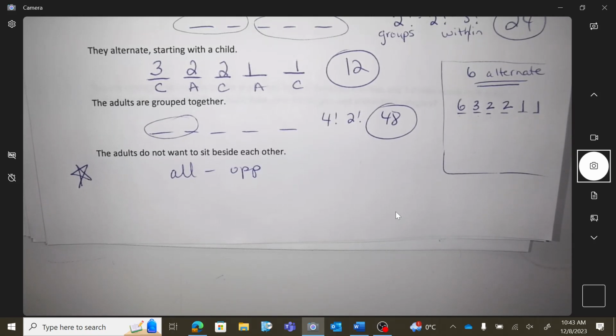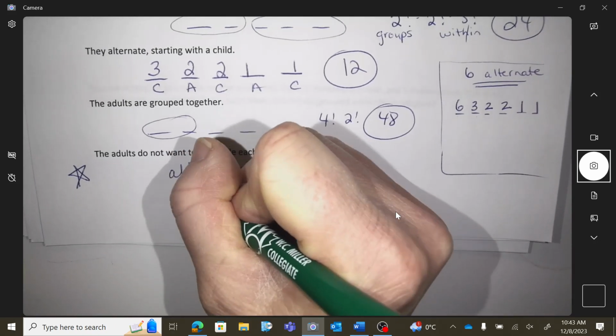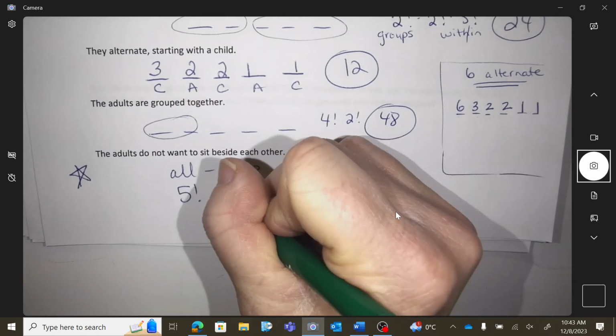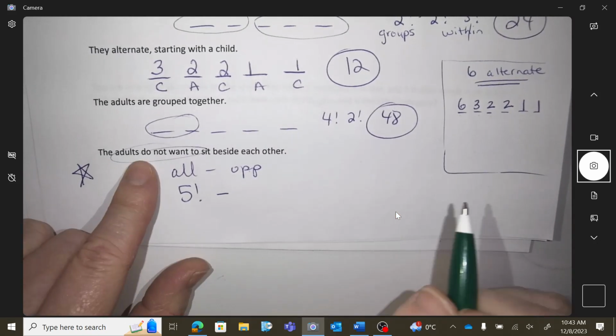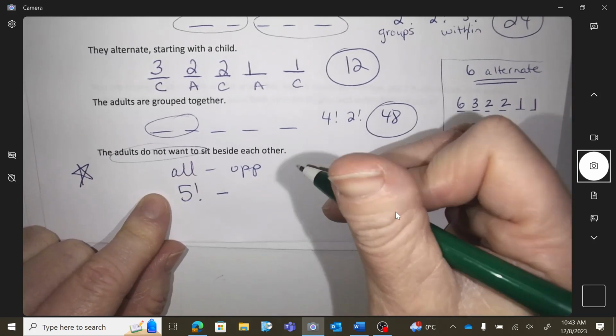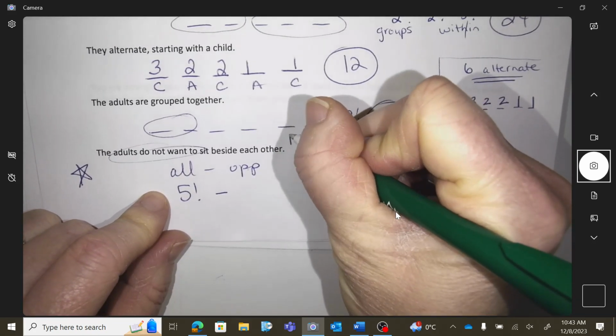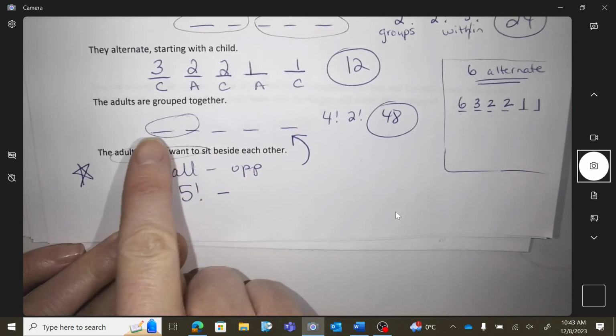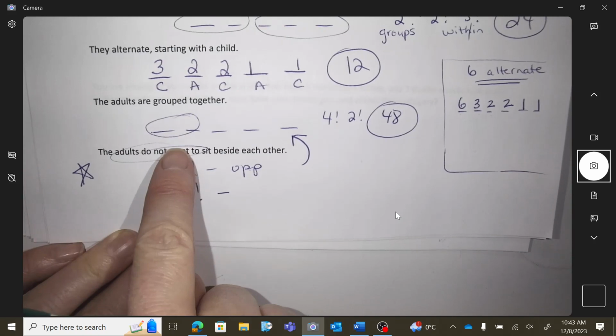Okay, so what is the all possible arrangements? So if there's no restrictions to this, what could you do? You could move anybody around. That's the all possible. What's opposite of the adults not wanting to sit beside each other? If they sit beside each other, which is this question. If the adults are grouped together, if they're sitting beside each other,